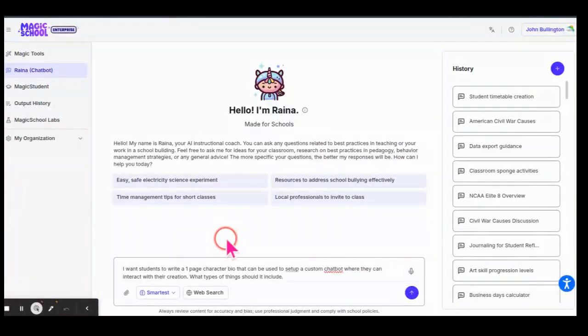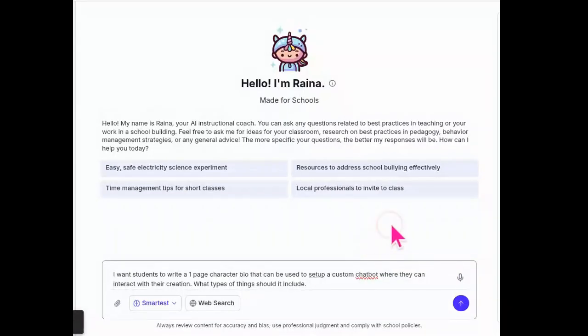I want to take you through the process of coming up with one of the ideas for a fun Friday for a Magic School student path, because I really see this little idea as a two-step product. What I want the kids to do, and I'm going to put this in Raina and see what she says, is I want the students